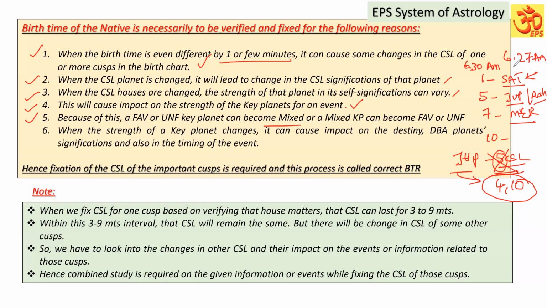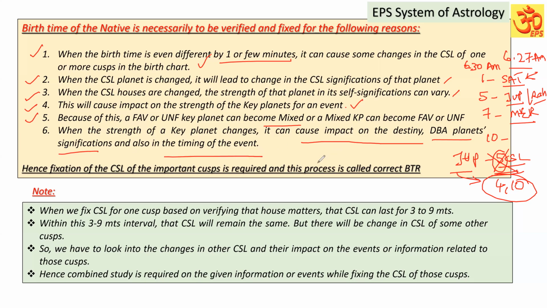So what I'm trying to say is, when the birth time is slightly reduced, that can lead to changes in some cuspal sublords, that can lead to changes in the self-signification strength of some planets, that can lead to changes in the key planet strengths. Automatically, what will happen when a key planet is changed? When the strength of a key planet changes, it can cause an impact on the destiny and DBA planet signification and